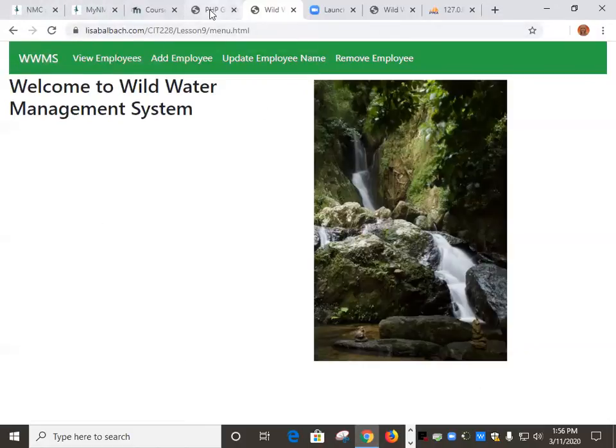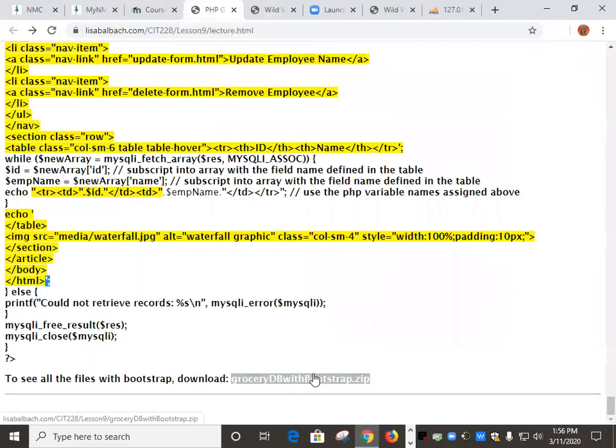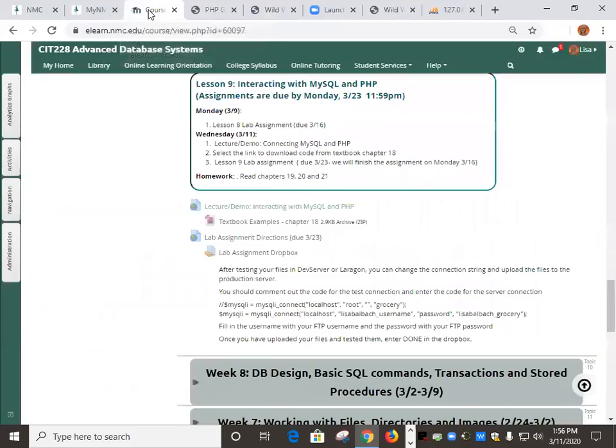You guys are going to be downloading that. I would definitely download that and use it kind of as a starter for your assignment, because what the assignment